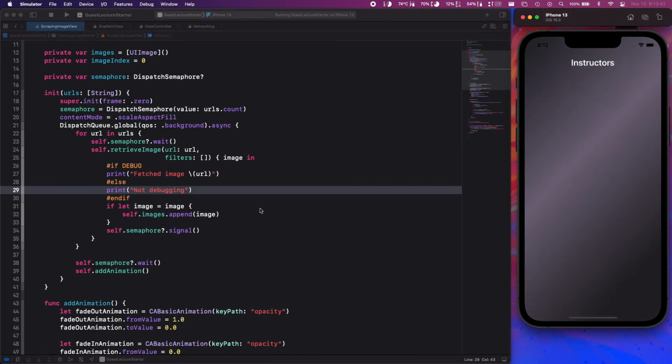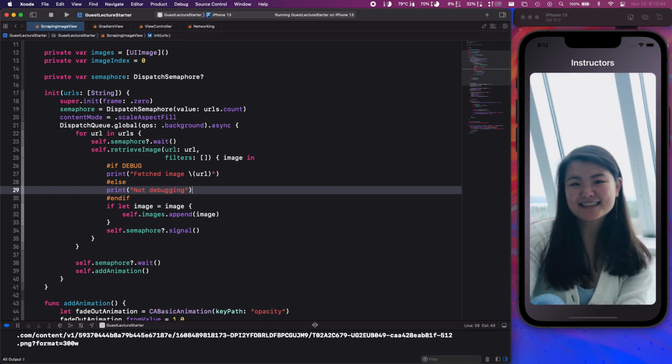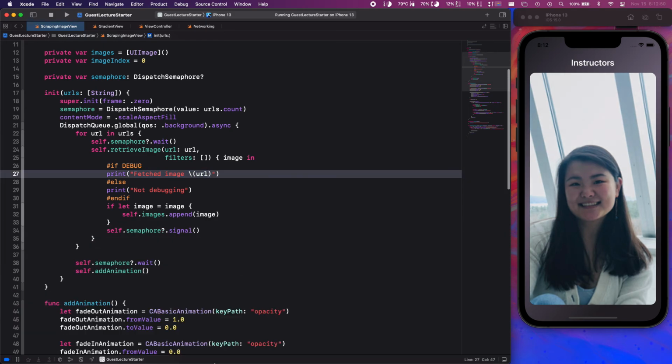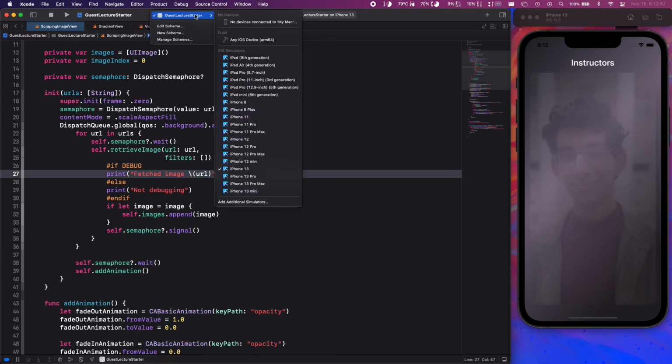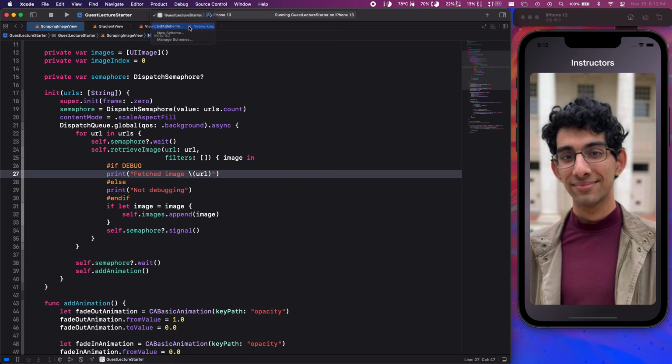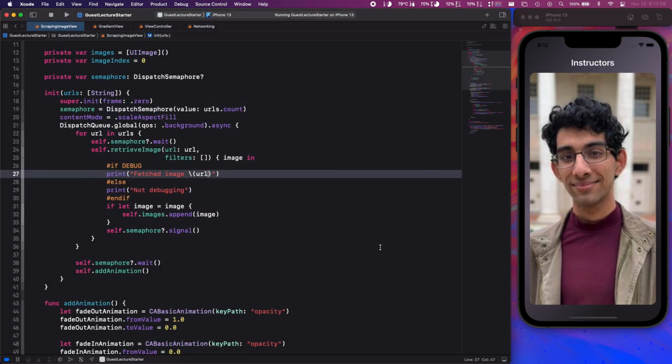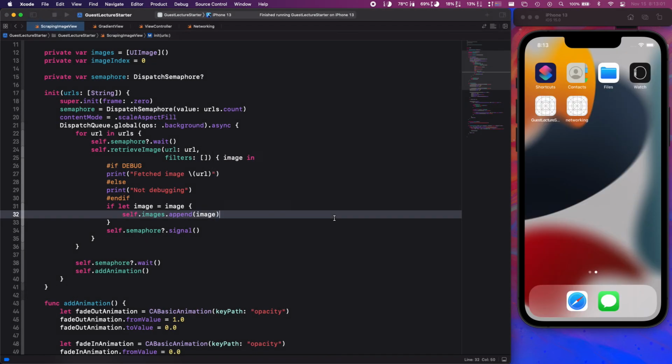But okay, let's see if we're debugging or if we're not by default. So fetched image shows up in my console. So it looks like we actually in Xcode are debugging by default. Now how do you switch that? You go up to this thing, which is your scheme. So you can edit your scheme and you can change it to release. And then if I run this,